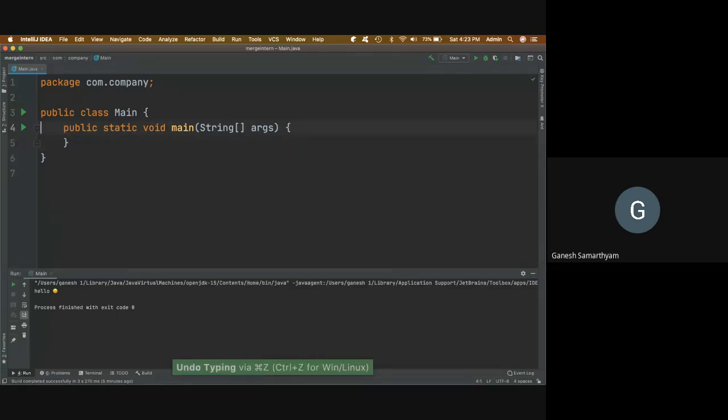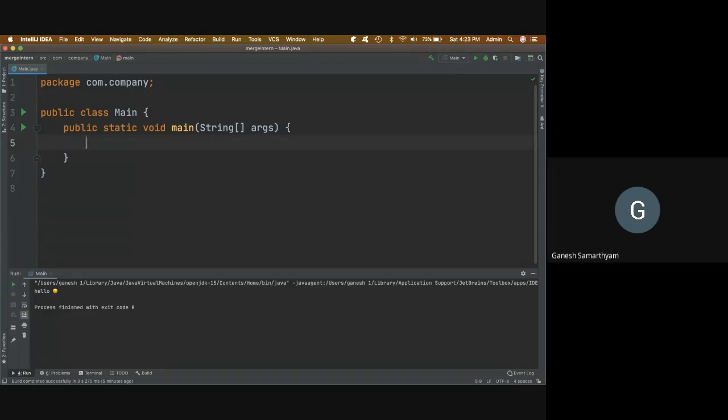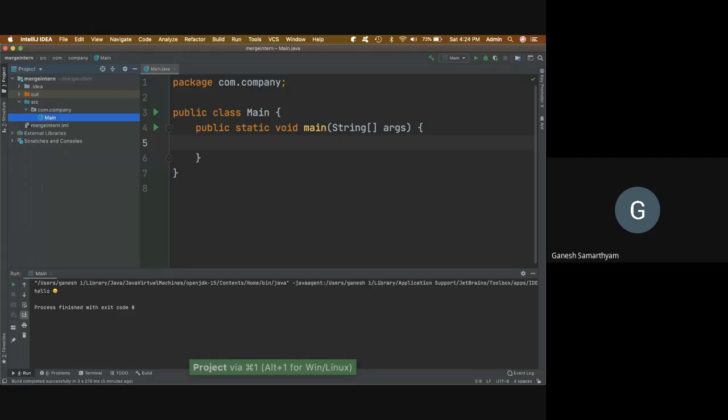And another way to do that is code completion. Control Shift Enter, and it will take you to the next line ready for you to type the code. So give it a try. So at whatever may be the point, you can actually go back to your project window by pressing Command 1. And if you want to see your favorites, you can press Command 2. And you can actually create some bookmarks, if you would like to, right?